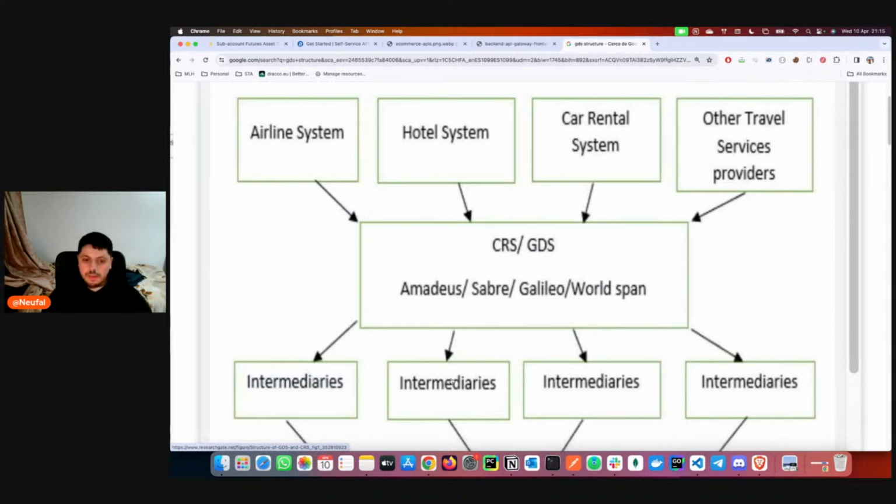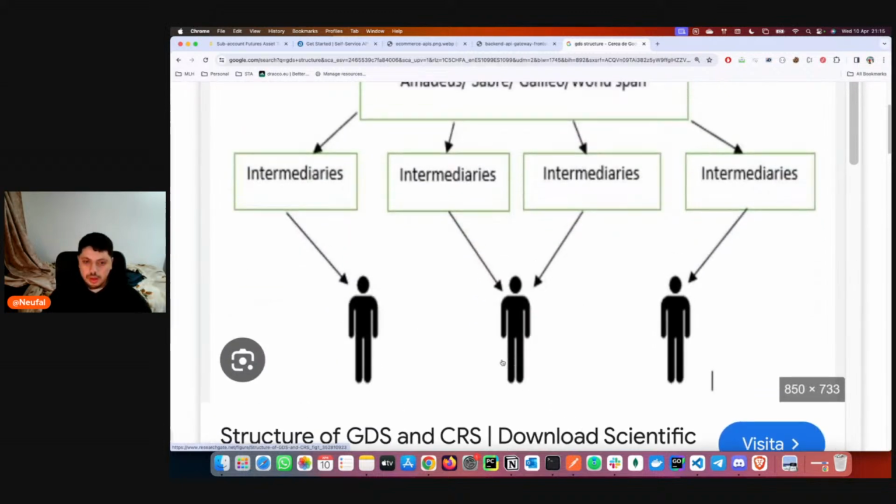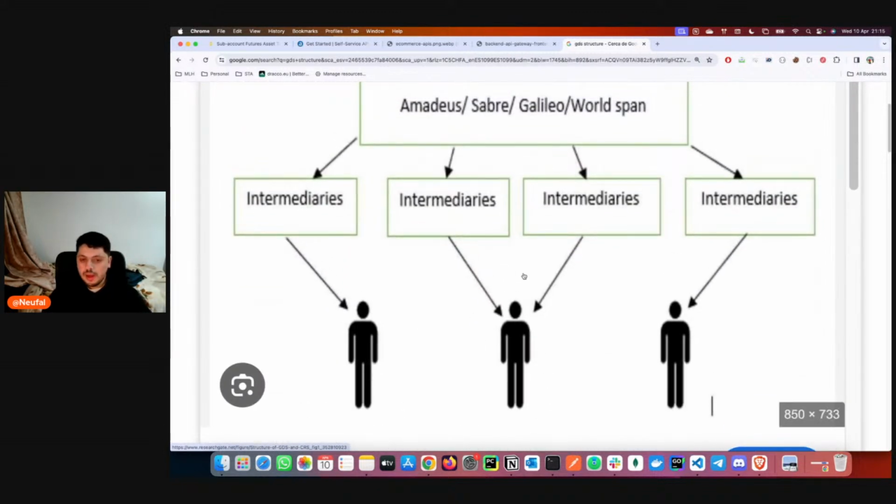Basically these intermediaries here are like the travel agency. Let's say for example you want to build a website with Amadeus, then you build a website, you're an intermediary, you get this data and these prices, and book these flights with Amadeus, and then you sell it to the retail, to the person that just goes to the web. This is the person that goes to the website and says, hey, let me search, for example, on Pranav, Farawa or Green Yoshi's website.